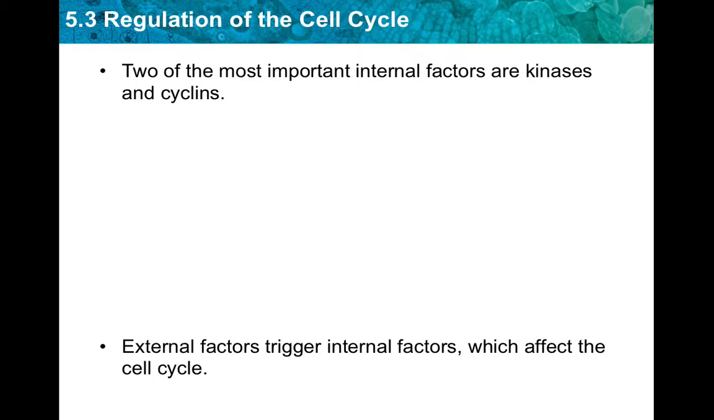Kinase is an enzyme that transfers a phosphate group from one molecule to a specific target molecule. It increases energy and shape. And cyclin is a group of proteins